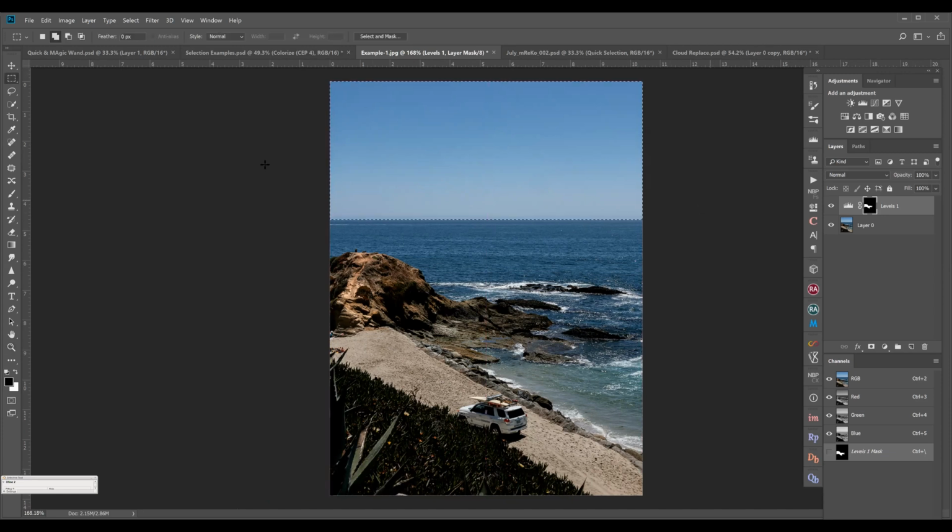Rather, if I use the other tool like the ellipse tool, I have to precisely, slowly, select this area like this, and then some of the sea will be included. So I have to then delete it. So instead of that, I will just take my rectangular tool and then select it. When my selection is done, this is how you can incorporate most of the tools in your workflow.